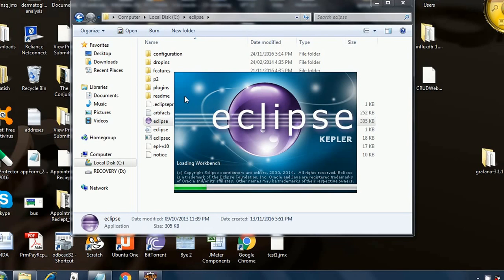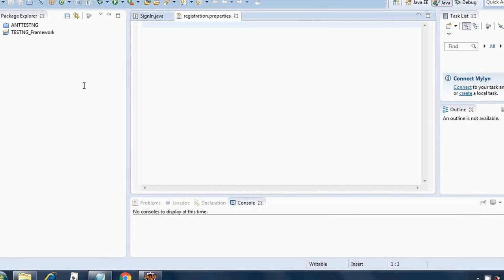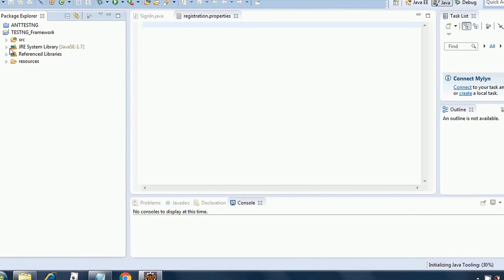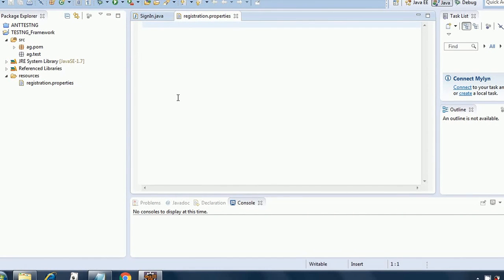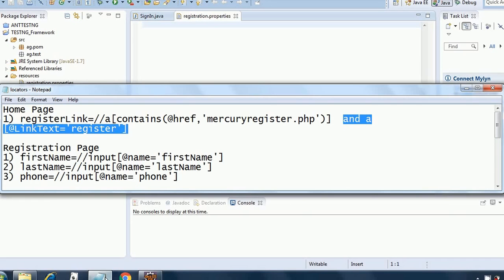Since I have made the default location my entry, it is always opening without giving me the option to select again. It opens the workspace. This is the project that we have created till now, and here we have our source folder, the ag.pom, the ag.test, and our reference libraries. Here we have created a resources folder, and in this we have the registration.properties file. In this we will put the registration entries.